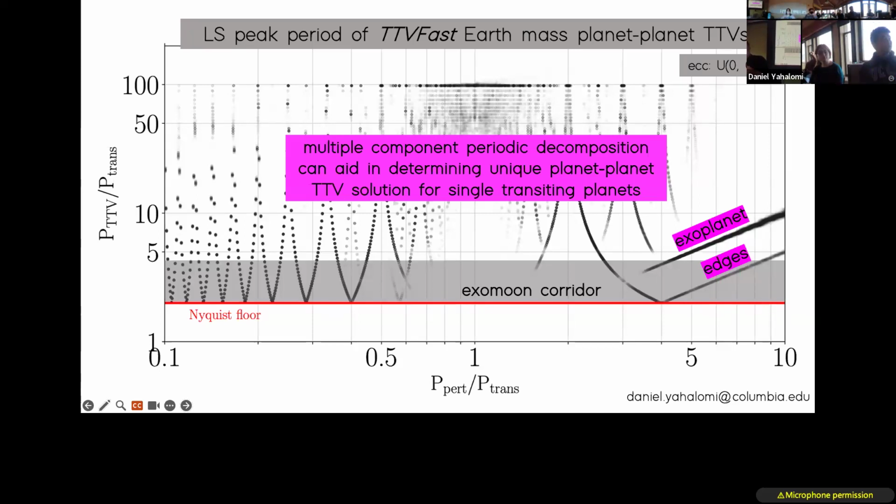For the planet moon TTV stuff, do you take into account eccentricity for either the planet or the moon? Yeah. Does it look like really clean sinusoids? Yeah. So